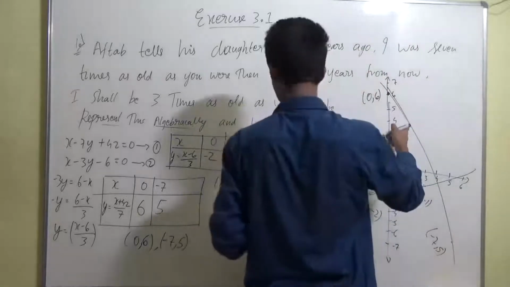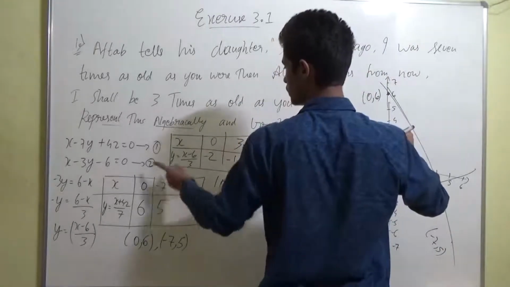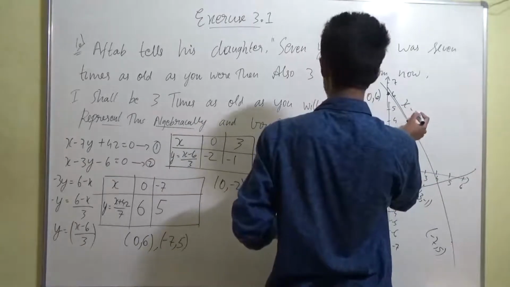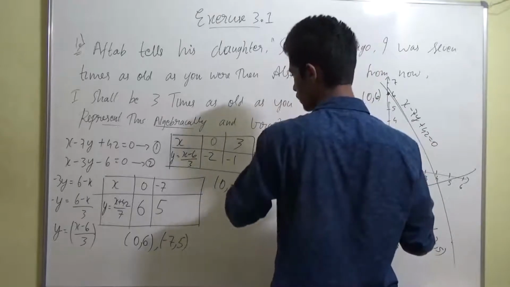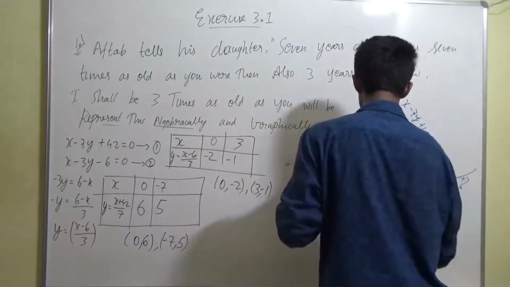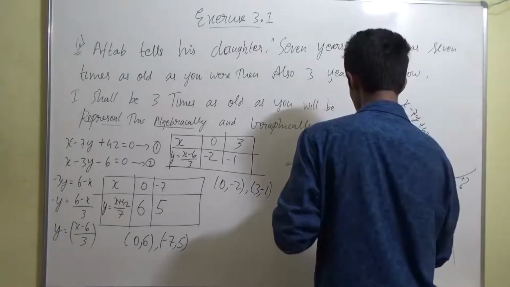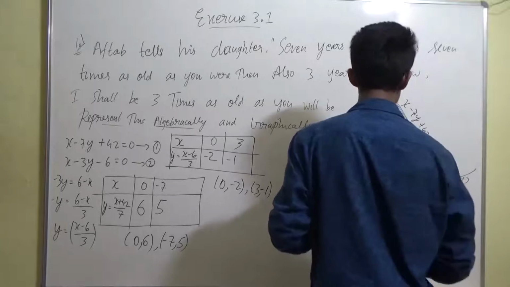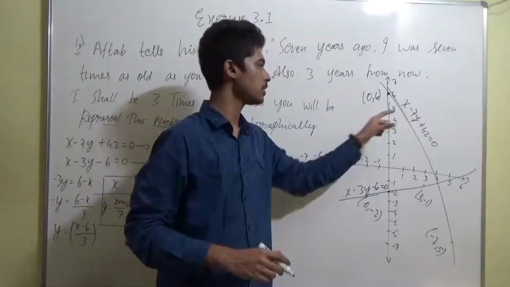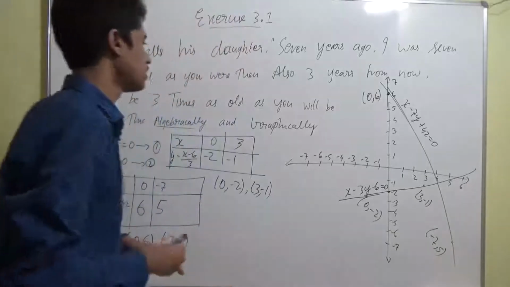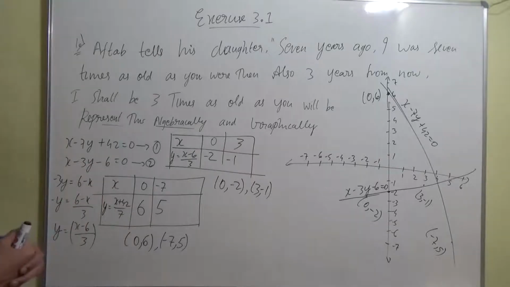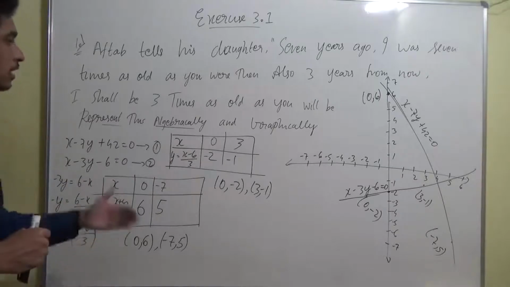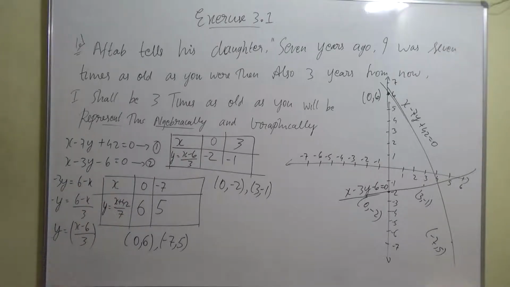And this one was the graph of the first equation. The first equation is x minus 7y plus 42 equal to 0, and this one is the graph of the second equation. The second equation is x minus 3y minus 6 equal to 0. Like this you have to write the equation just near the line, guys, in your examination. If you draw it on graph paper, it will come a bit more neatly. Since I am drawing it on the board, it's not coming so clearly, but it's fine guys. That's the approximate figure which you are going to get. Now I'll move aside, you can take the screenshot. Now we'll go to the second question after this.